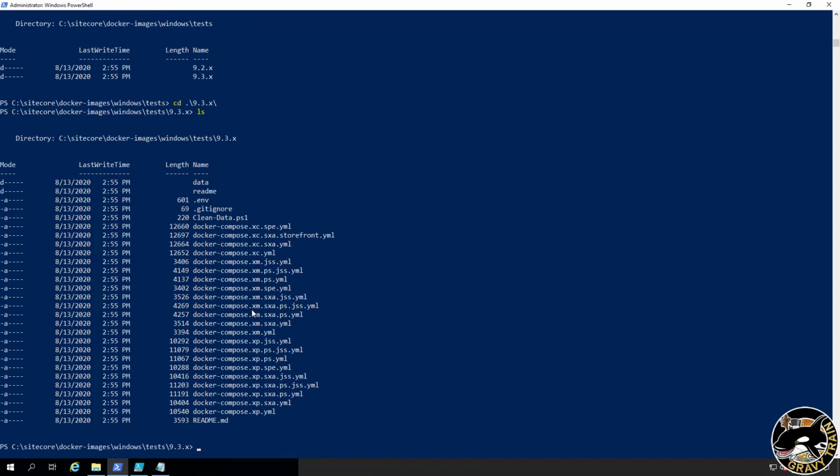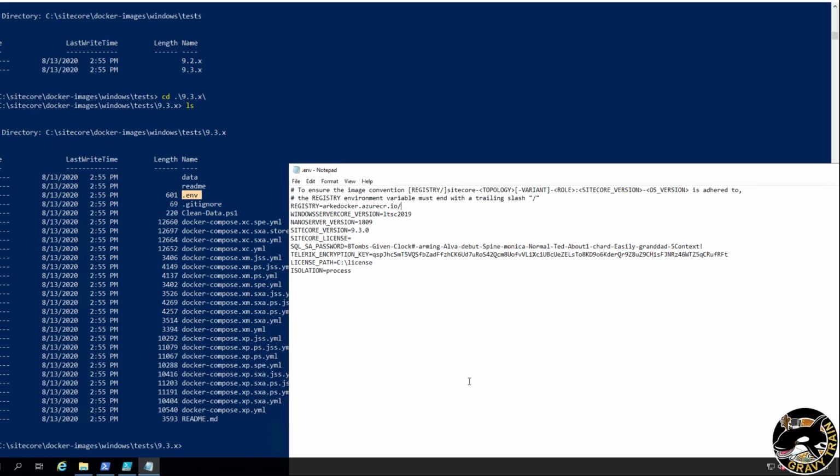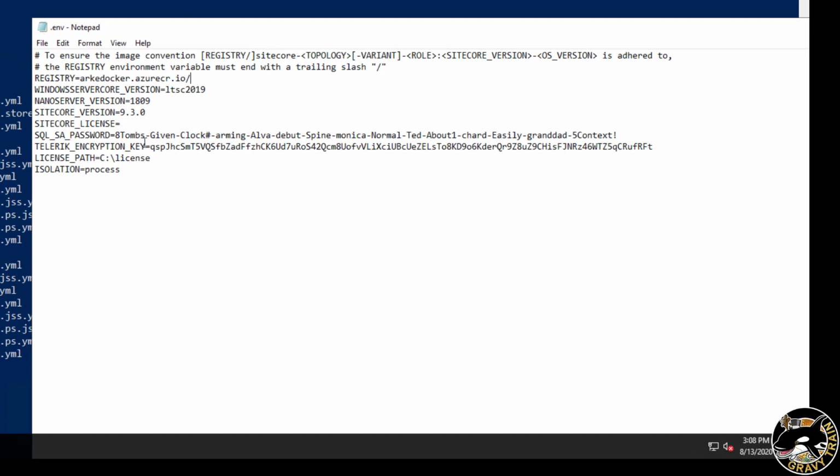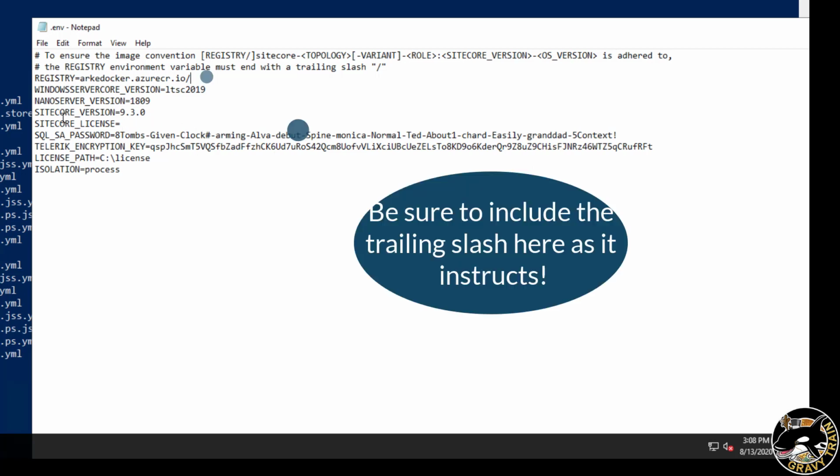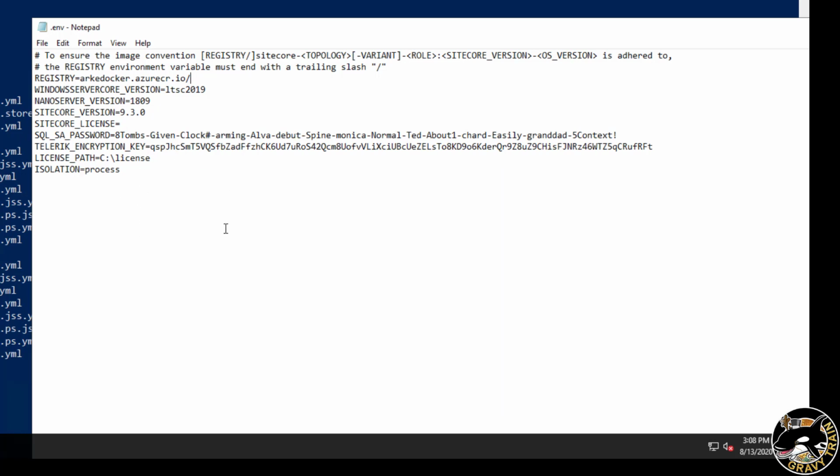And now we've got a whole bunch of Docker Compose files in here. And these are basically set up to allow you to test out and make sure that things are working. So you'll notice that there is this .env file here. This is where you set up the environment variables that the Docker Compose files use. So this is all straight out of the default Sitecore stuff. So the Sitecore license will be handled by the command that we did earlier that sets the license path, although the license path is here, so